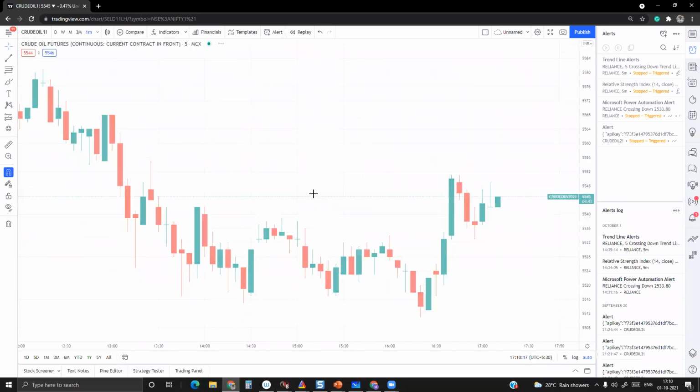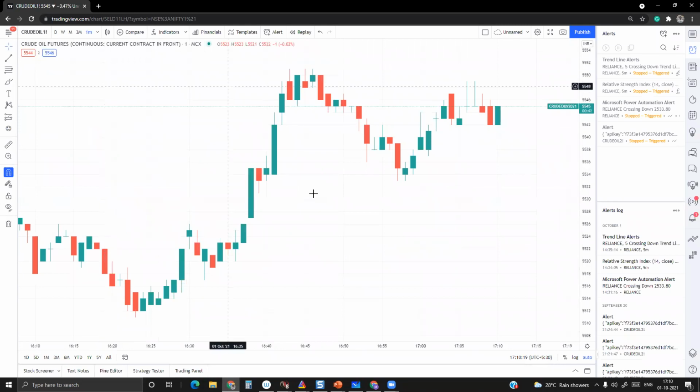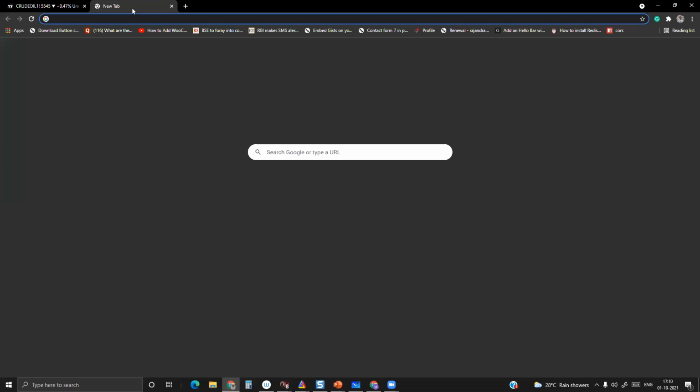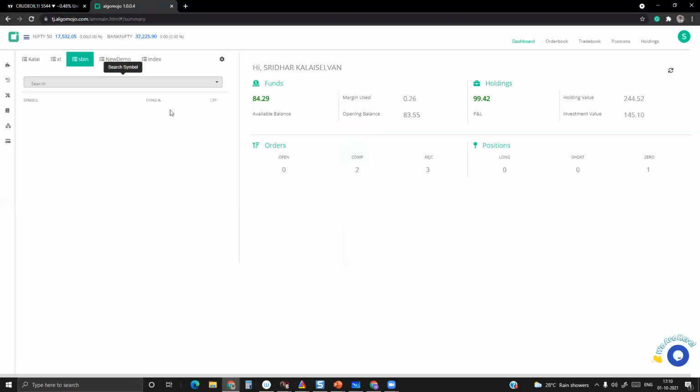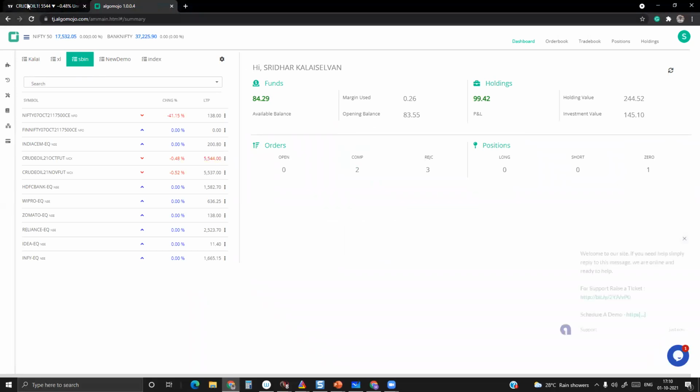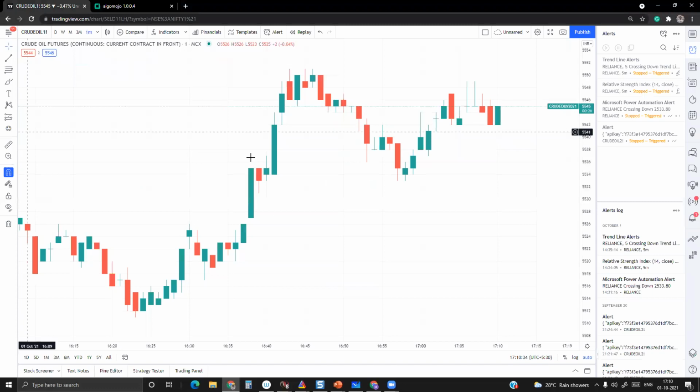I'm going to trigger in one of the brokers. Let's say I'm going to pull up one of the brokers here called tj.algomojo.com. I already logged into that particular broker's account, and it's a test account, by the way. Here I'm going to build a simple strategy. The strategy can be any strategy. I'm going to show you how you can connect any strategy, how you can transmit any orders from tradingview.com, and how you can automate your trades to AlgoMojo.